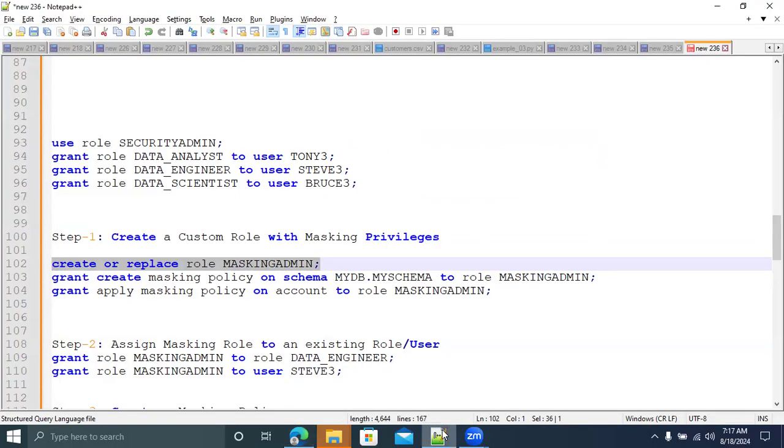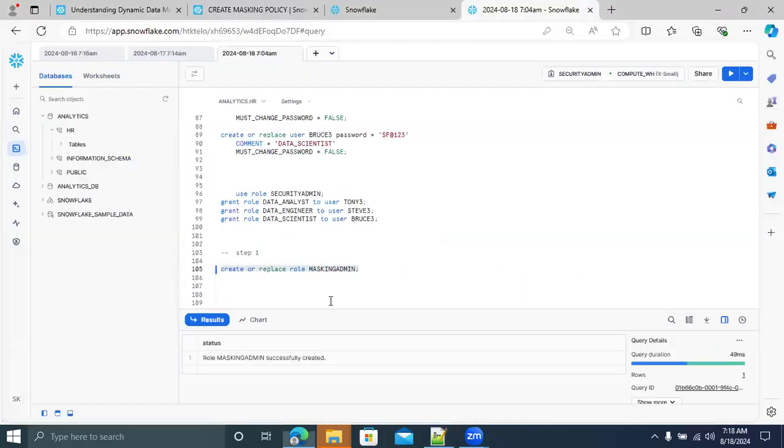The next step we have to follow is granting the create permission to create a masking policy. Okay, masking policy and which schema? On schema. Now I have to change the schema name. Okay, guys, we have to change the schema name. Don't give the same as it is. The schema database name is